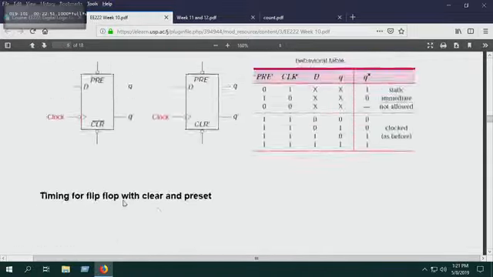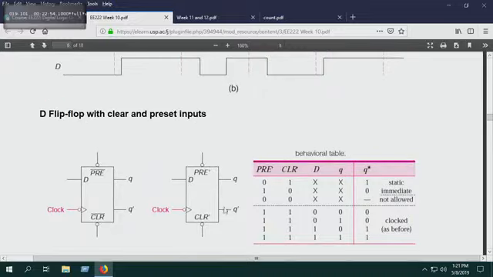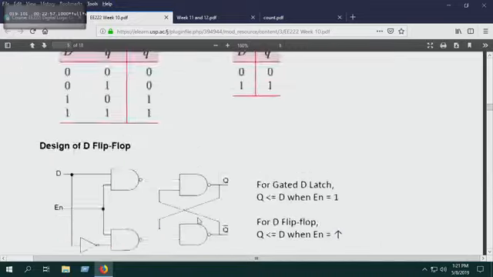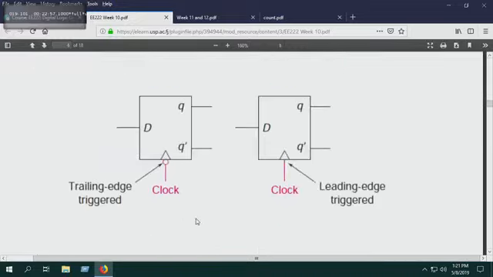Most of our flip-flops, we design them to falling edge. But hey, there's no big deal. You can always make it rising edge as well. Okay, can you see trailing edge? Another terminology used, instead of falling edge, we call it trailing edge. Trailing edge triggered. Trailing is falling. Okay, and leading, can you see there's no bubble over here? That's a rising edge.